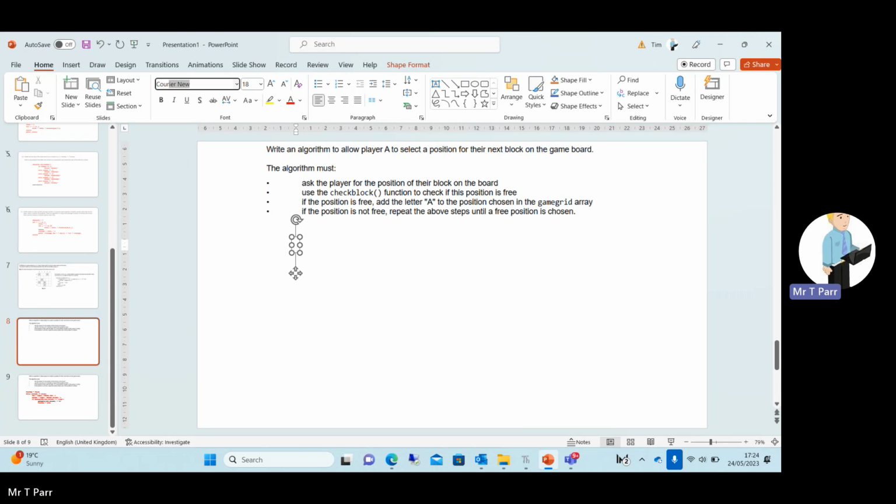Right. Anyway, as I was saying, what I used to do is to go straight in and start off with that first bullet point. Ask the player for the position for their block. So I could start off to say, right, row equals input, enter row. Okay. And then column equals input, enter column. Okay, that's what I used to do, is go straight in and essentially guarantee those marks,